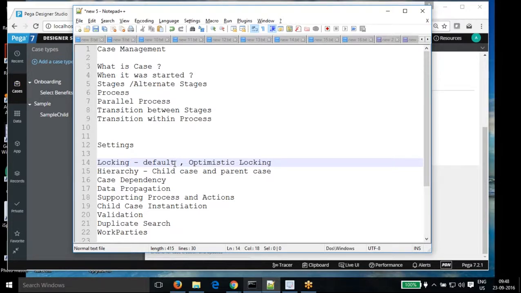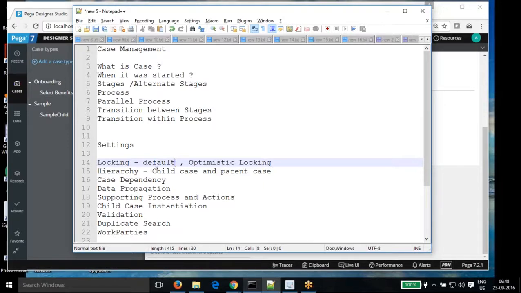Or by mistake, say if the lock time has been given a longer time, and by mistake he went home while the work object is open, the work object is locked, so no one else can pick the work. It will be locked by him, right? So I can say if I log out, the lock will be released. If I did not log out, I just close the browser, then the lock will remain with my name. So that's why I say that. It's a minimum time that was given, so that after that the lock will be released automatically, and after that time, someone can work on it. Okay, so that's the default time we provide on the locking.